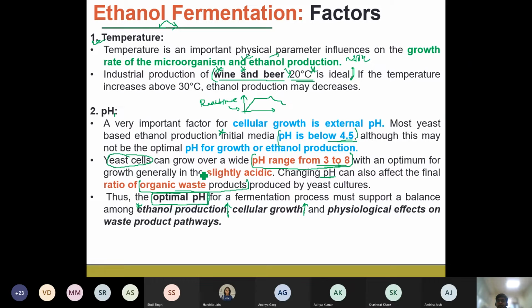Okay, and so we make sure that the pH doesn't fall below a threshold concentration, after which it is going to affect the microbial growth of the cells. Okay, so that's why we have to always monitor the pH as a real time parameter during a fermentation,